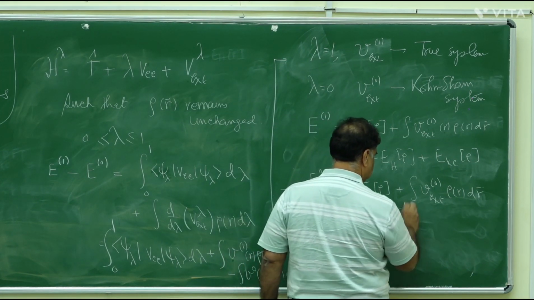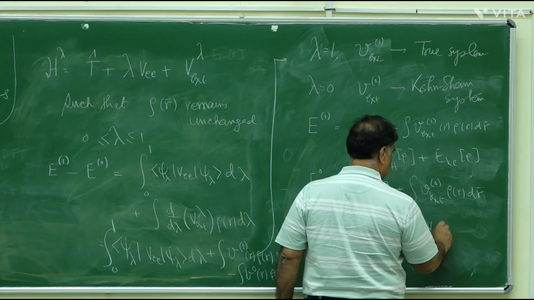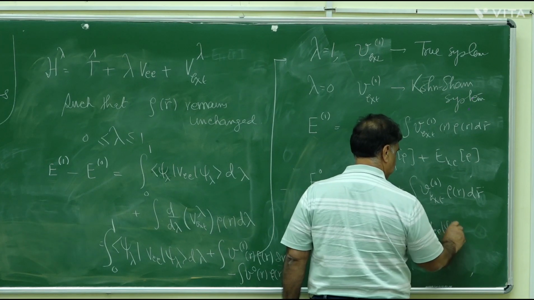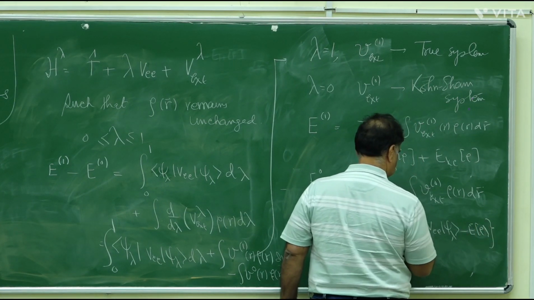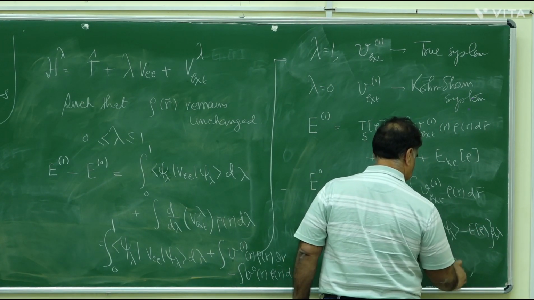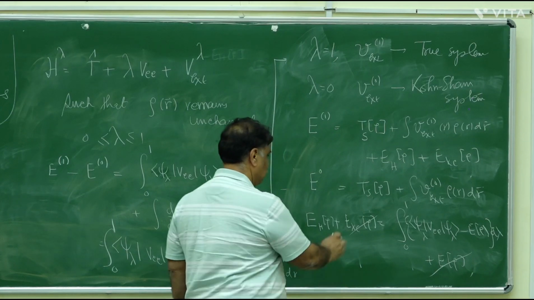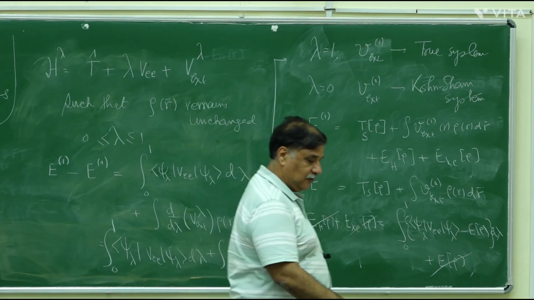Since rho remains the same, I can write this as 0 to 1 psi lambda VEE psi lambda minus E Hartree rho d lambda. And this cancels. So you define your EXC rho